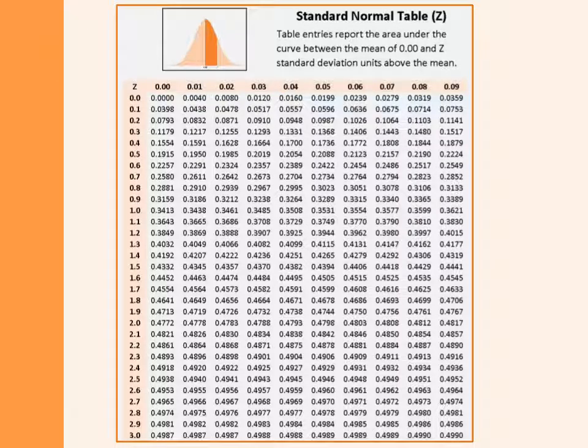What you see now is a typical table that reports the area under the standard normal curve. The diagram toward the middle top of the table illustrates that the area that's reported is the area between the mean of 0 and a z-score value. Now the numbers in the far left margin of the table indicate a z-score value to the 10th, and the numbers in the top margin of the table are the 100th value of a z-score. The numbers in the middle of the table are the area between a given z-score and the mean of 0.